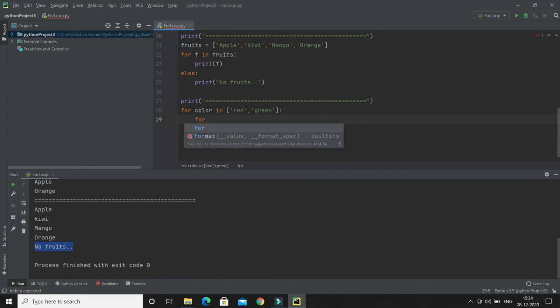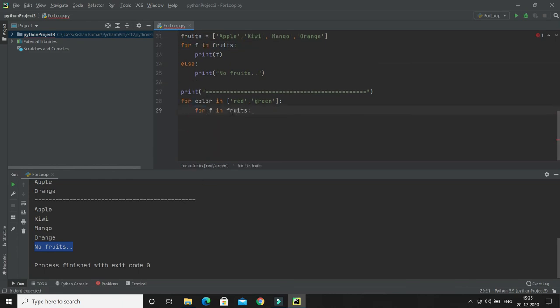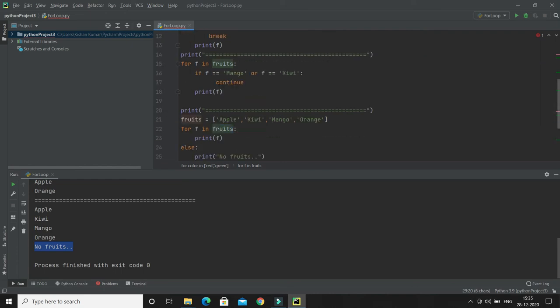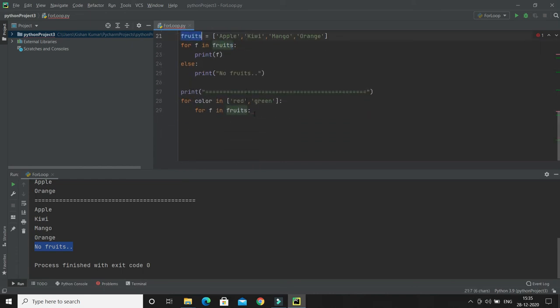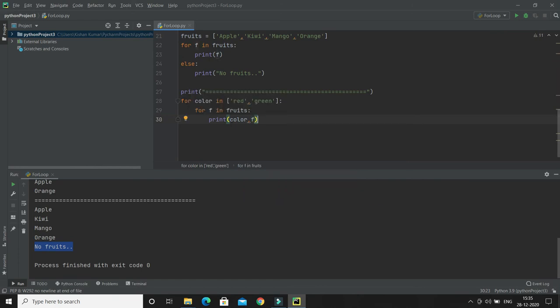Now for the second for loop, I'm going to use this as it is. Here we are iterating fruits from this list. Inside this, I'm going to print color as well as that fruit. So this is called a nested loop.